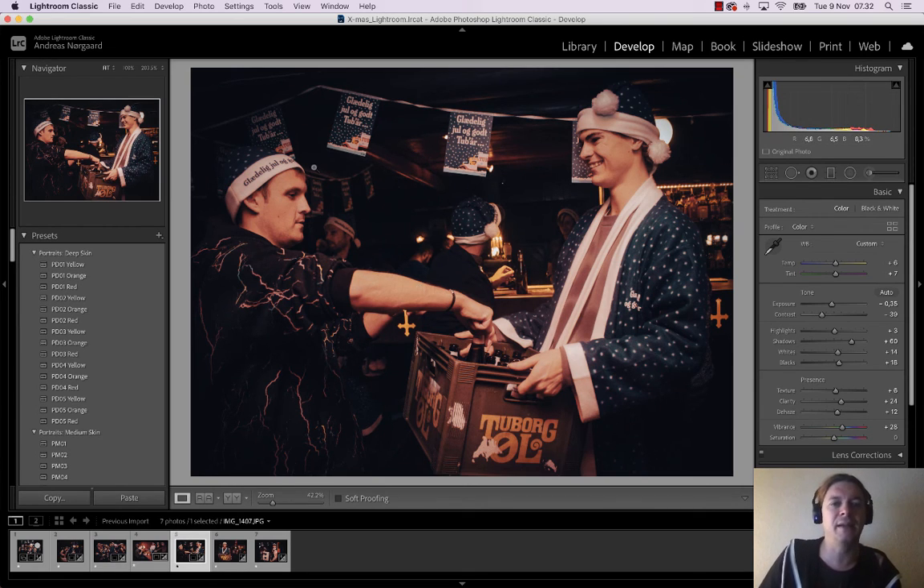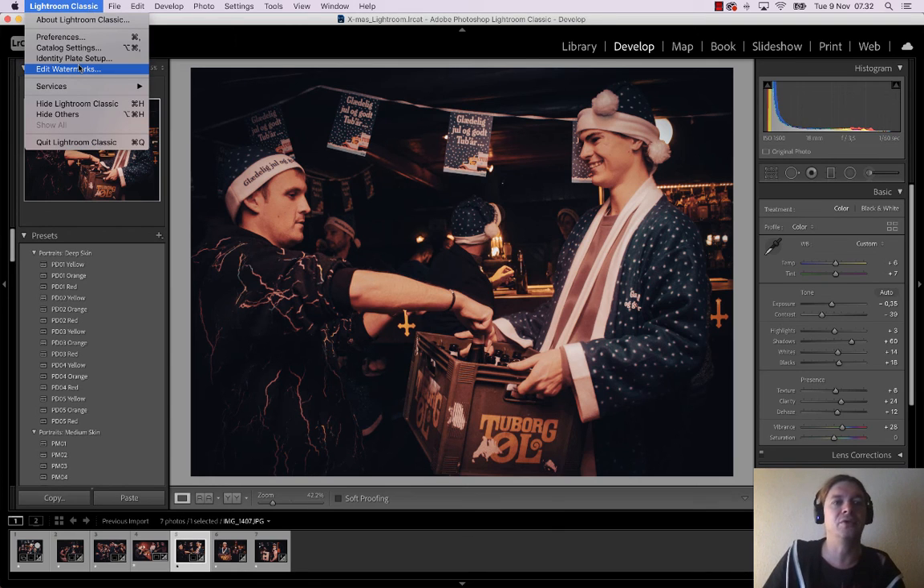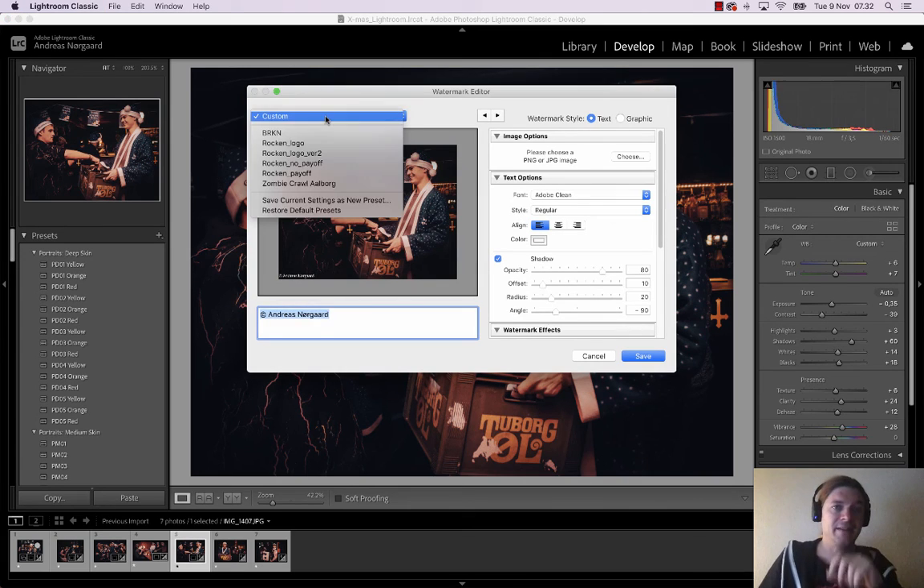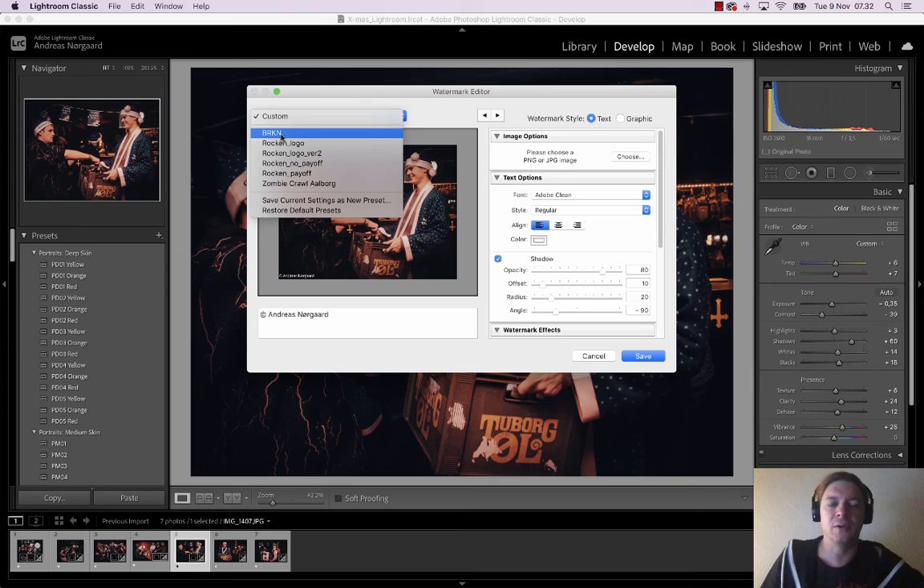Okay, so the last thing I'll do is, if I need to include a watermark, if there needs to be a logo on the pictures, I could go into Lightroom Classic, choose Edit Watermarks. I have some already saved for that. I have one of our photographer's logo, if he needs to use that. I had a zombie crawl logo, and in general I have the Roggen logo version 2. That's what I include on most pictures,